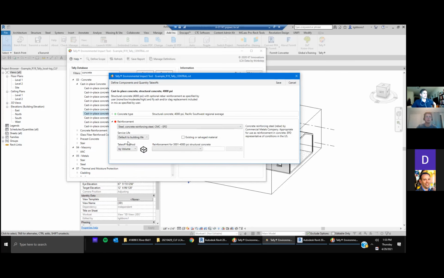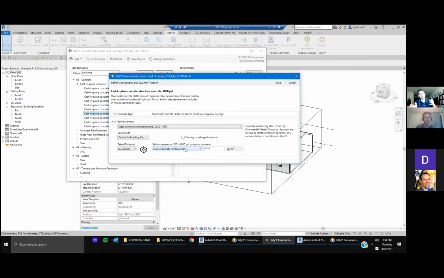So we'll just select that. And again, the further questions that Tally wants to know, going from your model that's very general, CIP 8-inch concrete, down to what it actually is, so Tally can analyze it for you, is asking about reinforcement, which is not something that we usually mess with as architects. And I'll say straight up, I usually am running with moderate reinforcement in a lot of these slabs. Again, I don't know, Martine might be cringing, but